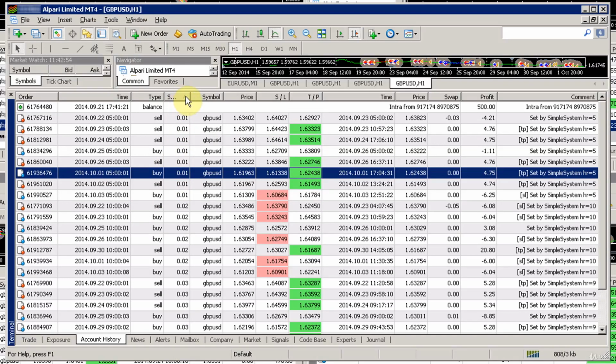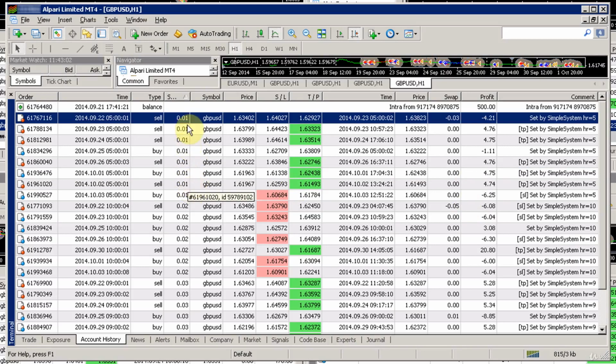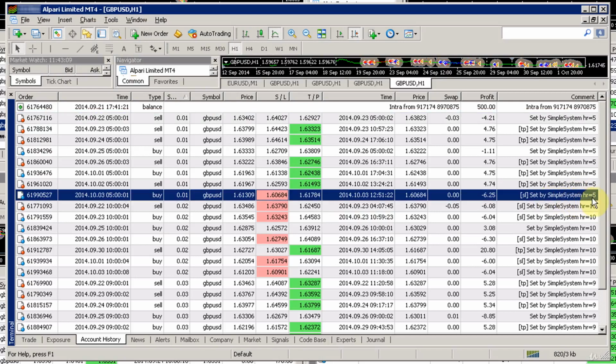So just by clicking on this header over here, the size header, you can see that I've sorted my trades by size. And at the top right away, I have all of these 0.01 lot trades, which are associated with this simple system hour equals 5 set. And also I'll remind you that in our demo test, the hours were always 1 less, because there is a time difference in the time zones that this broker and the demo broker are located in. So in our demo set, this was the hour equals 4 set, the one that was on the bottom left